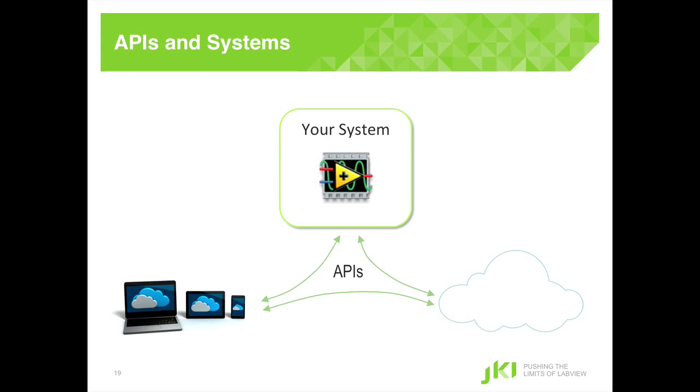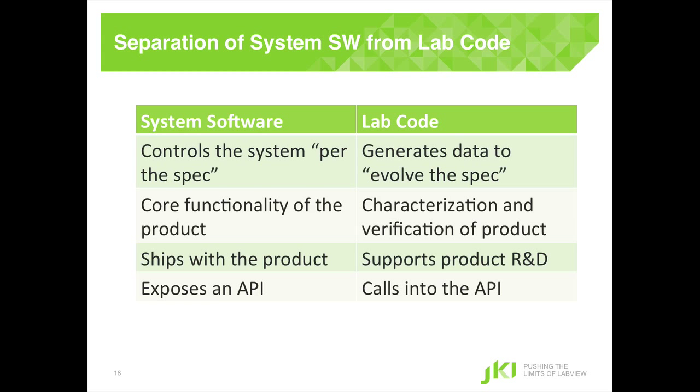So tying back into the systems that you're building, that's just another example of how APIs can really help with system development. What I wanted to show here too is a little bit about private APIs, and I